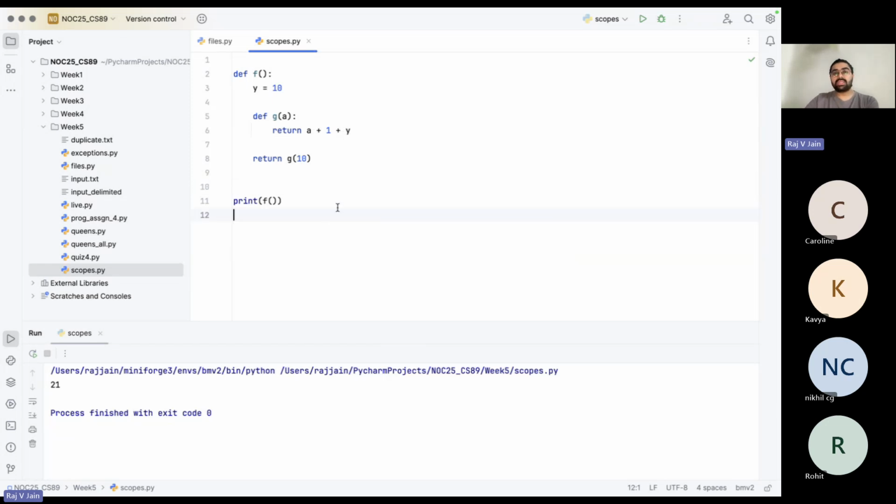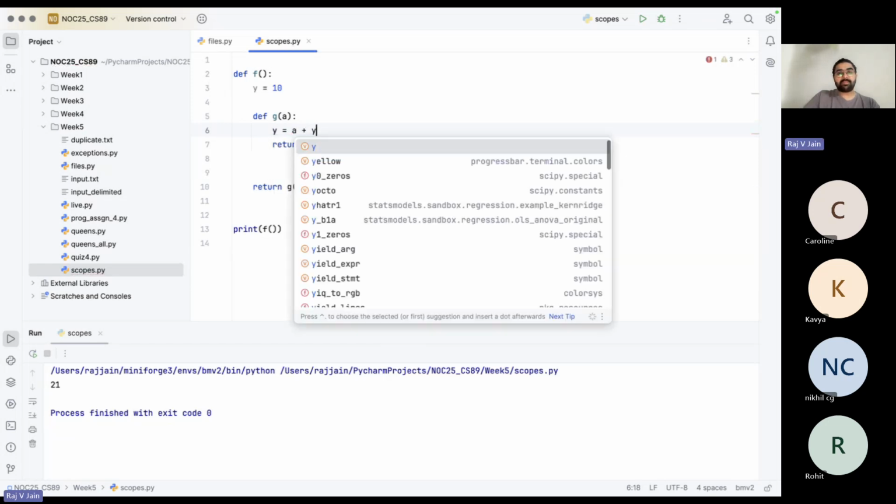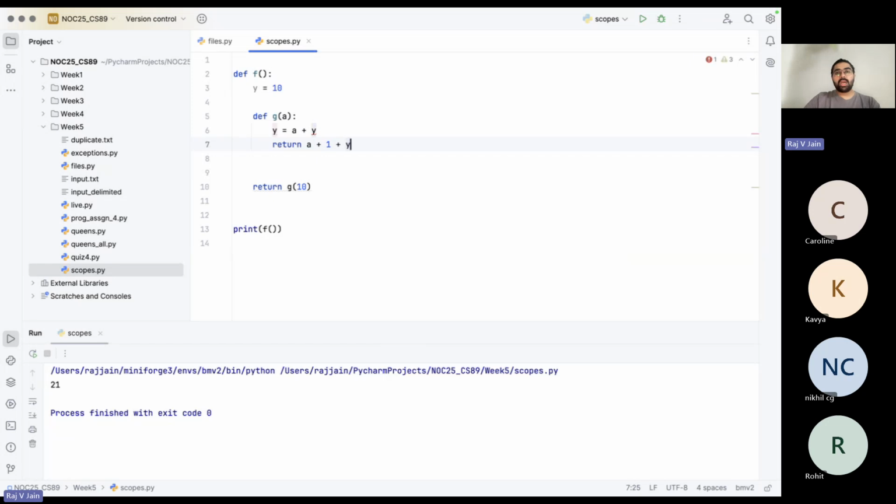Okay, so this defines the scope of y. So y is a local variable for f, but it has a sort of global presence for g. Okay, and again remember, if I were to do something like this, y is equal to a plus y, right? You can see immediately here it's